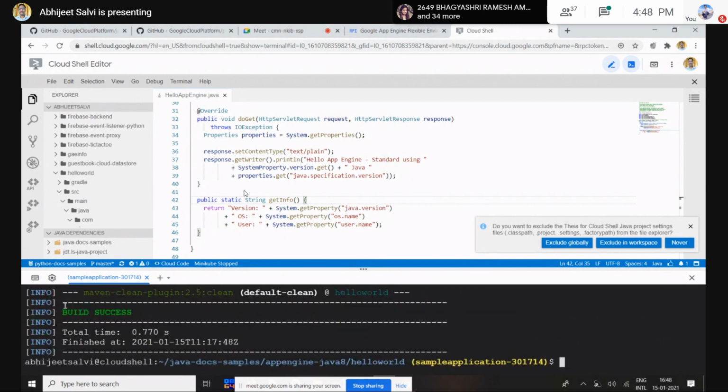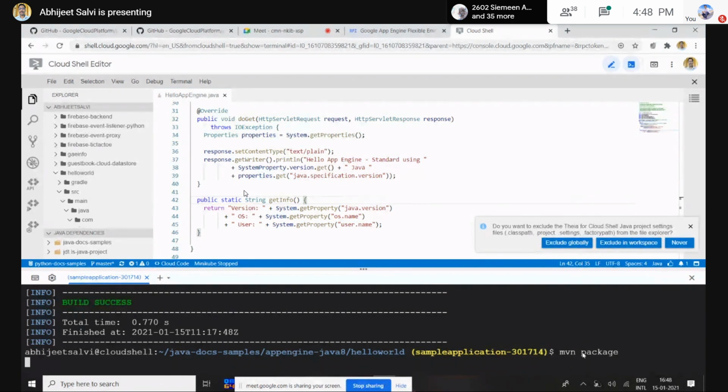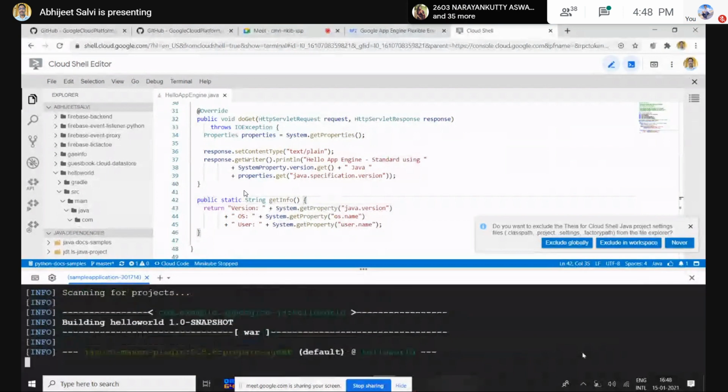Once again, now we are getting the build success option. After getting this build success, we have to create a package. So we write mvn package and execute this to create a package of this application.